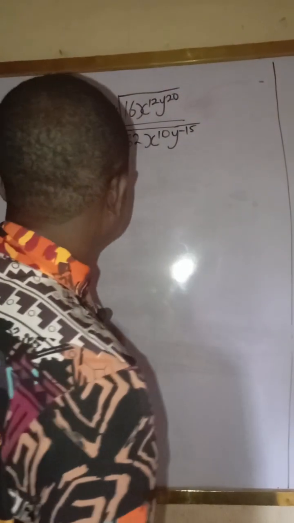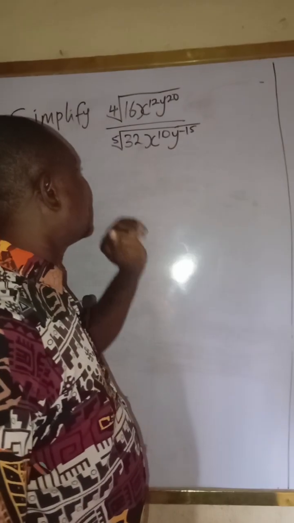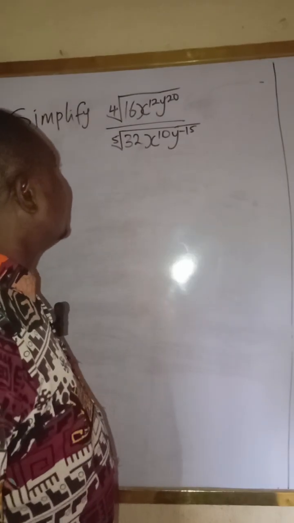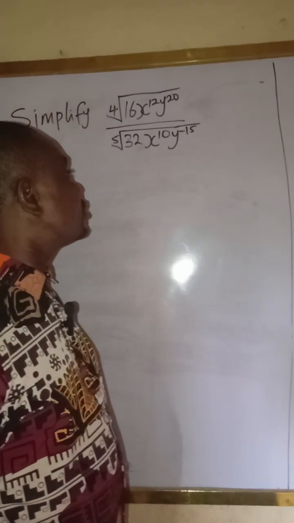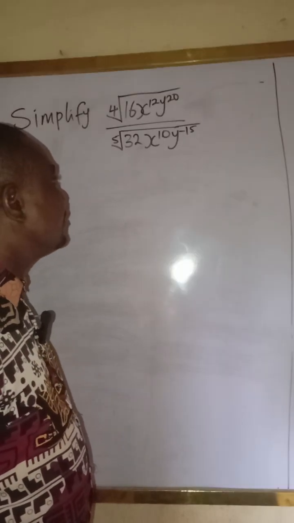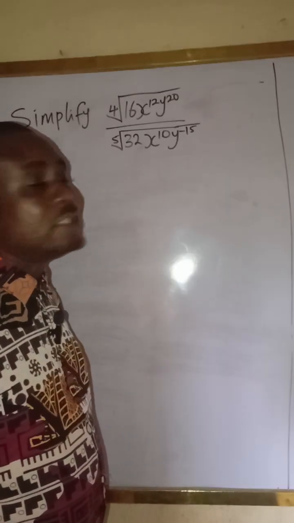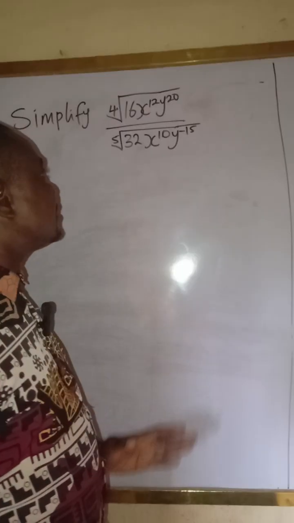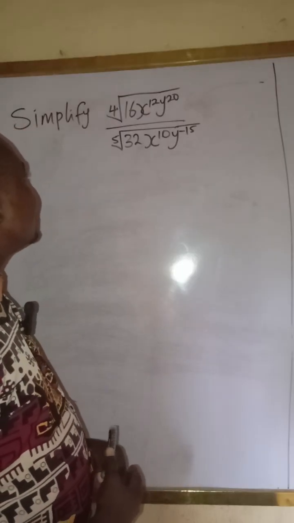Let us simplify this equation: the fourth root of 16x raised to power 12 y raised to power 20, all over the fifth root of 32x raised to power 10 y raised to power minus 15. To simplify this, you understand